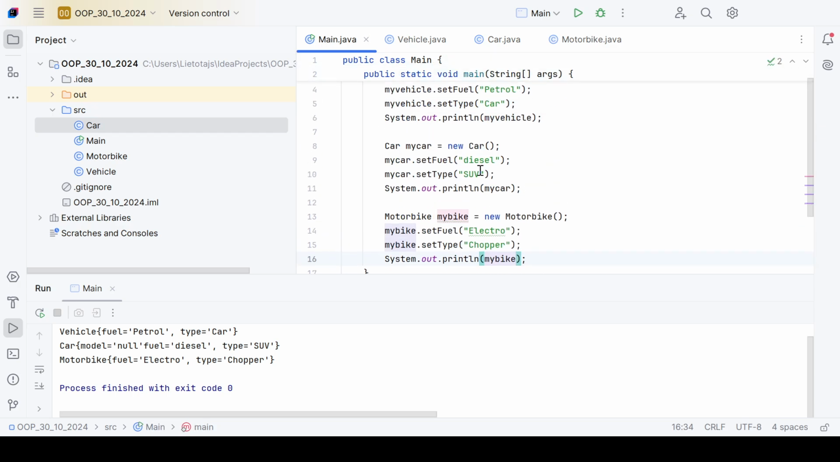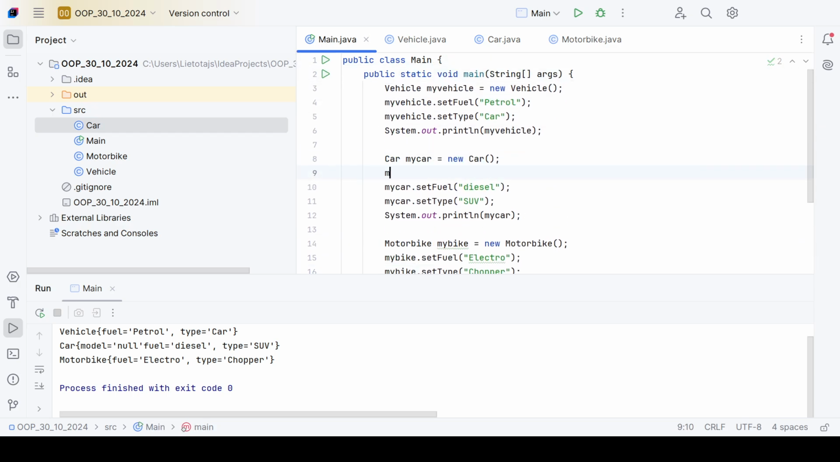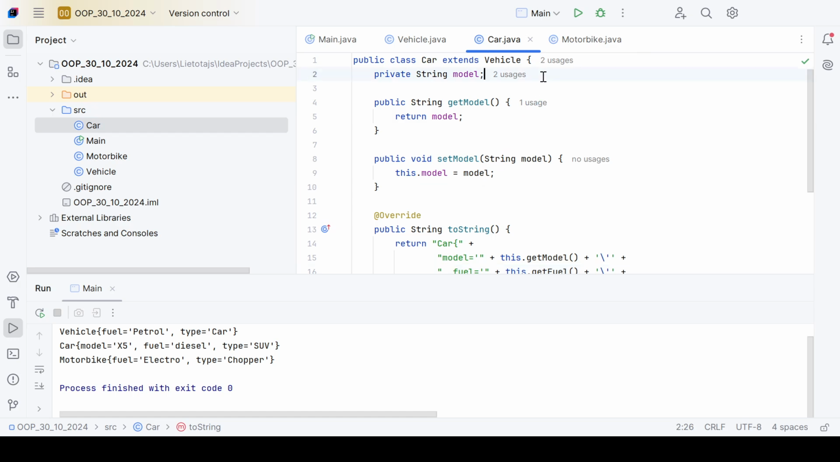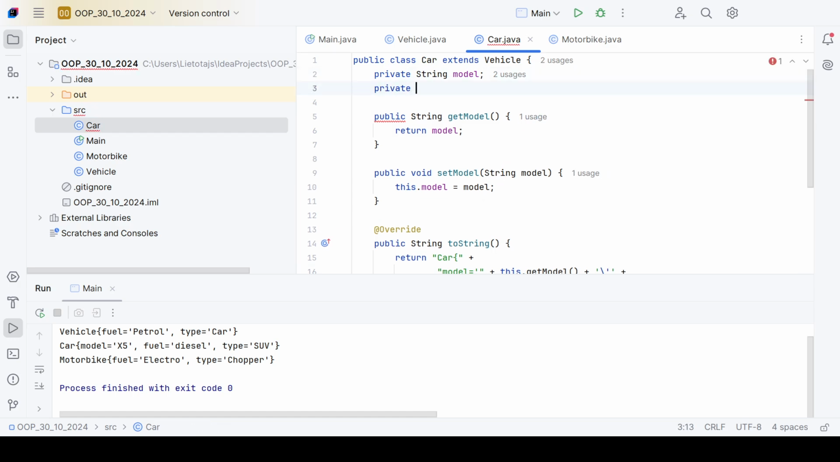So if we go to the main Java, we can define the model here. My car set model, and here we can write x5. And then it is the following, x5. And you can say brand also. You can define brand, as you remember you did it like that. So here you can define the brand. If we want to have the brand, it is not in vehicle, it's in the car, so we can get private string brand, and here we can get